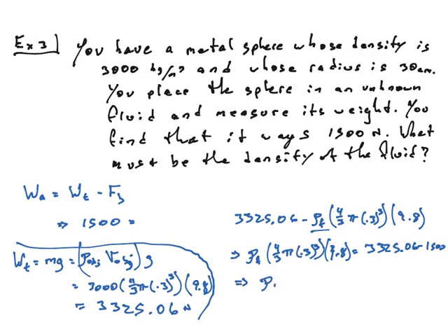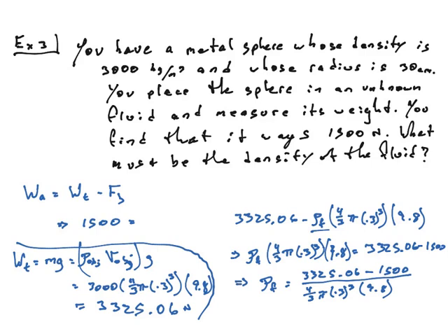Okay, solve for rho. Rho fluid is 3325.06 minus 1,500 divided by 4/3 pi 0.3 cubed times 9.8. So you just want to be careful how you plug all of this into the calculator. Just do it one step at a time. You'll get